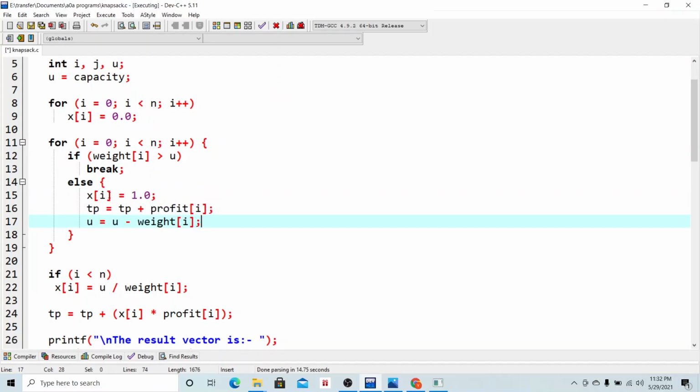We will be initializing xi equal to 1.0, meaning we will be inserting the complete object, that is 1.0, and total profit will be tp plus profit of i. tp is initially 0, so 0 plus profit of i, and u will be u minus w of i. We will keep on updating this u on every iteration. So in the first iteration, u equal to u minus weight of i.